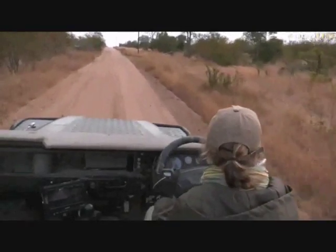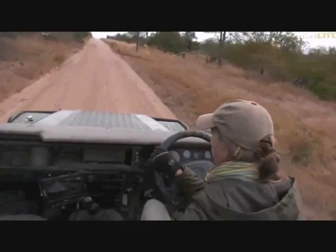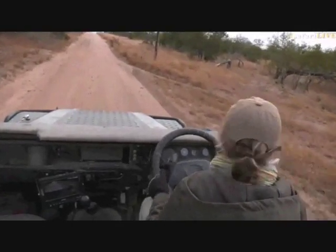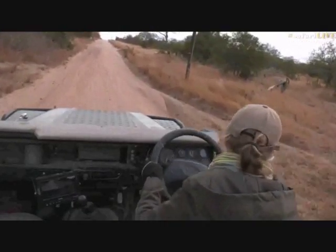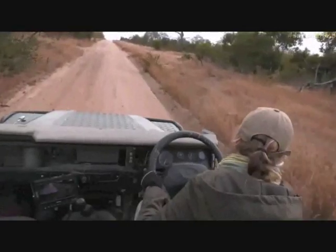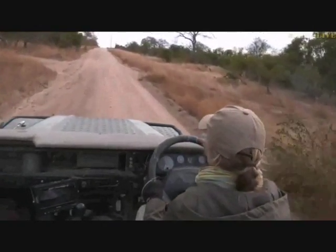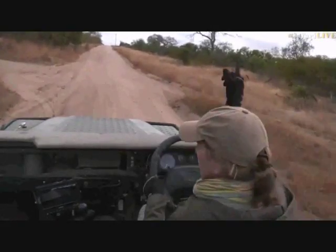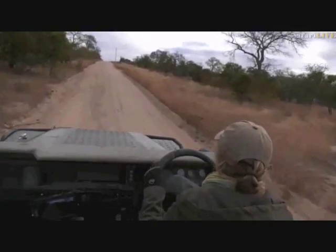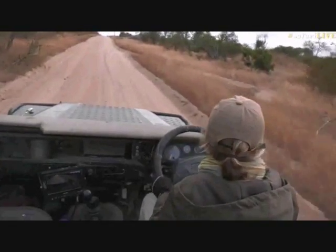I'm not too sure what's going on the radio, but I think Herbie was just trying to get a hold of Rexon and find out a bit more as to where he had the tracks for that male lion this morning. So he wasn't actually calling me, he was calling somebody else. So I'm going to carry on checking here like we had planned before. It does get a bit complicated sometimes with the radios and the power lines, and you can see them pretty much ahead of us. That very big stick in the distance, that's one of the poles for the power line, and they interfere sometimes with our